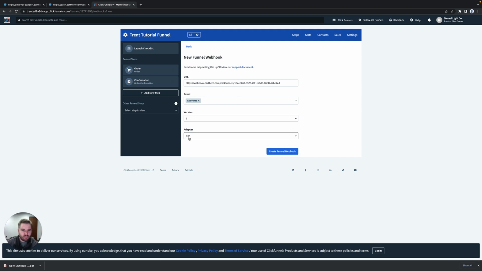So that's very important. If we don't select that, then the data isn't going to be read by our system. So it's very important that we use JSON as the adapter. So we're going to create the funnel webhook,